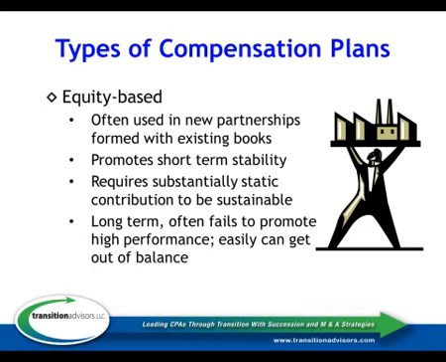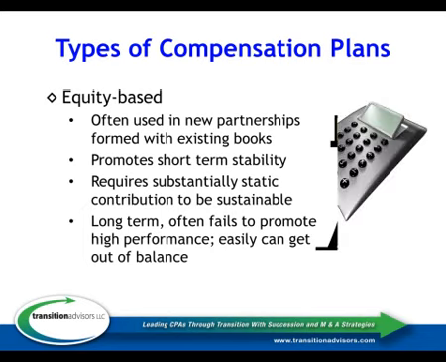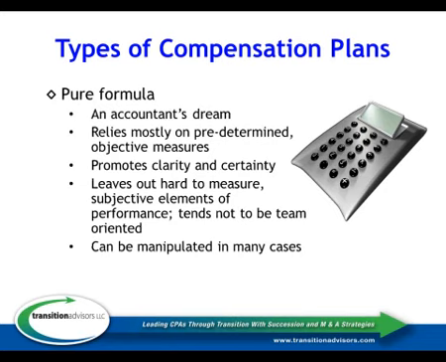Things that made sense when they were thirds are no longer going to make sense now that they have a 2% partner and 3 partners that are almost at 30%. So compensation systems based strictly on equity have that difficulty of sometimes not reflecting the value contribution being made by the partners. The next iteration tends to be to go to a pure formula approach.